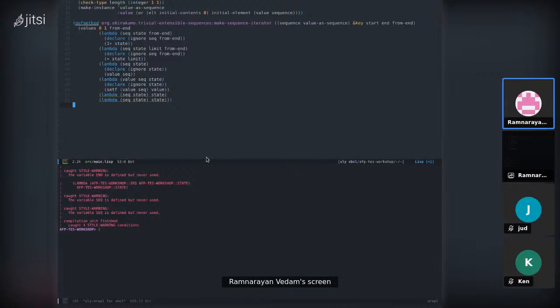Today, we're going to continue our discussion and exploration of the trivial extensible sequences library. Last week, we covered the majority of the library. There are a couple of tidbits, though, that I thought we'd cover today. So, this might end up being more of an exploration episode than one where we're doing any distinct deep dives